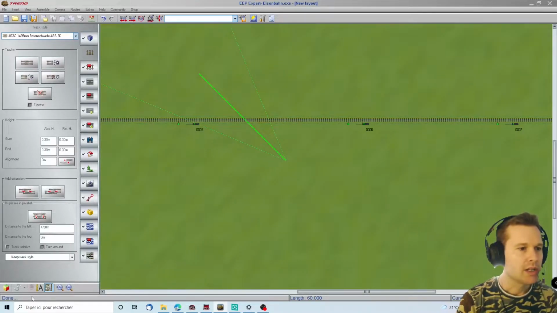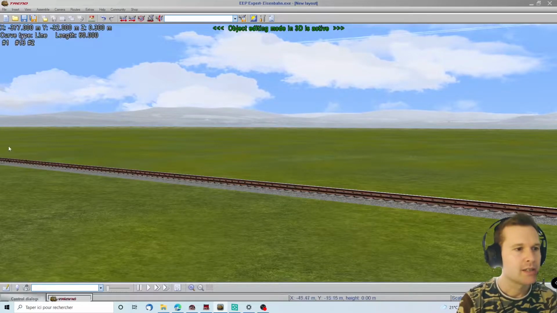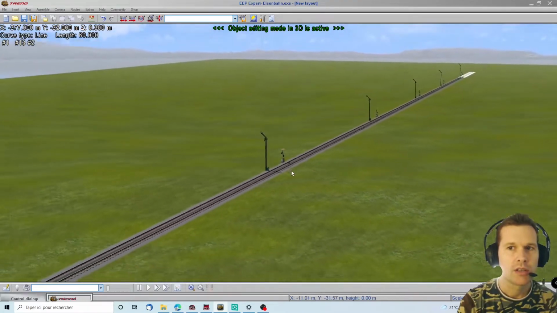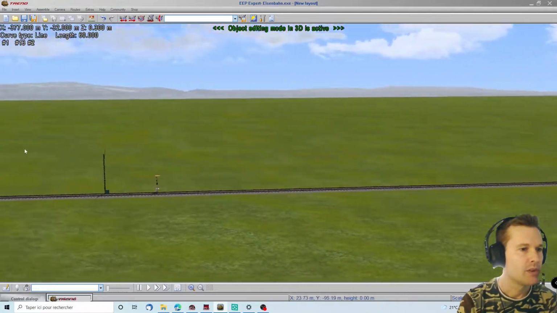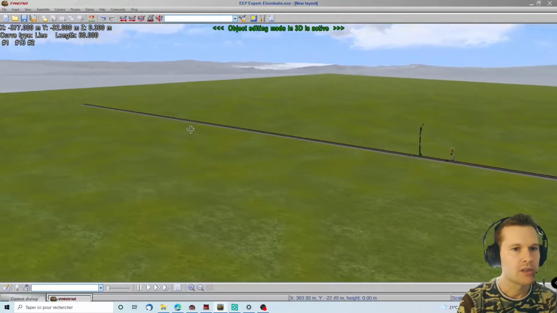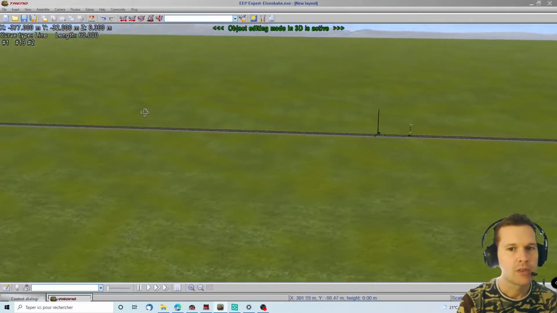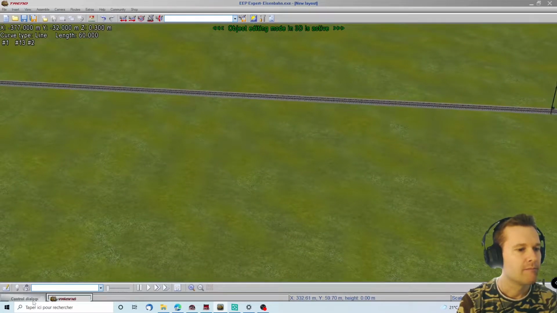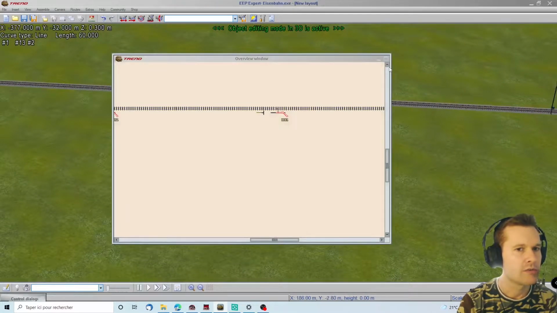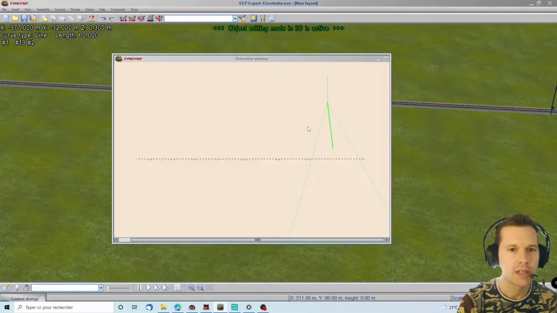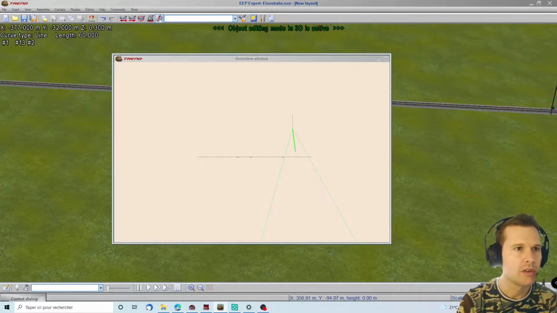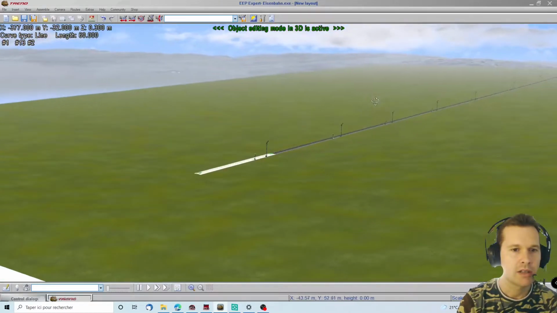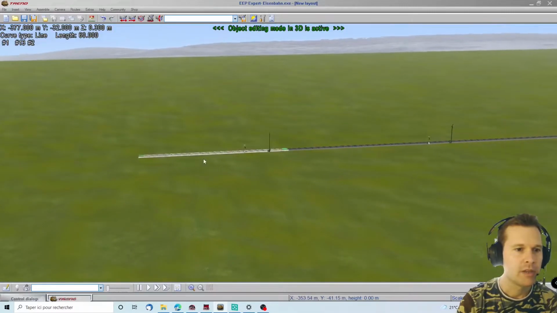What we now need is to place some trains. So let's have a look. That is our track with the signals on it. That's the start of it. So let's place our first train. So let's have a look. We are at the end of it. Let's go to the beginning. That's here. And place our first